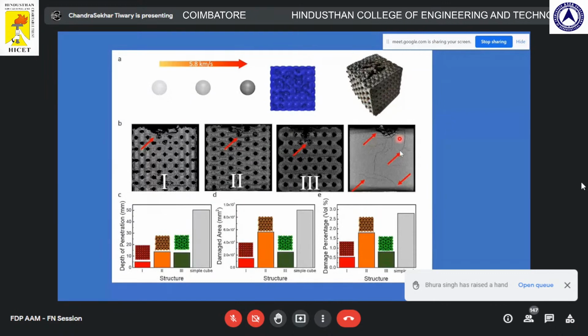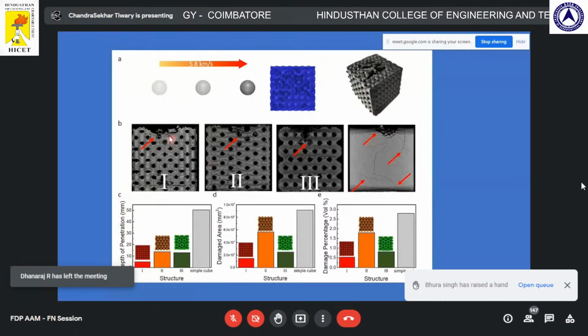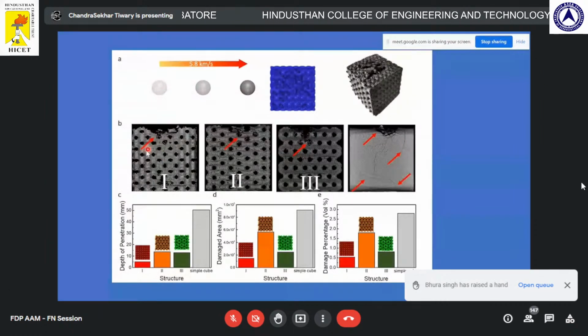But when we do an X-ray scan and try to see how the load transfers, if you have a solid block and the bullet hits, although the bullet stops here, you see cracks all over. What it means is, assuming the object is your head, when you hit it, it's going to feel the hit. Because you do have cracks, it means the load or strain has transferred all across. Whereas the 3D printed tubulin, although it deforms on the surface, very similar to the solid block, you don't see any deformation at the lower part. Most of the stress or strain gets localized in this particular region. The quantitative plot also shows the depth of penetration, damage area, and volume fraction change are way lower in tubulin as compared to solid. So it's not just mechanical properties you enhance,